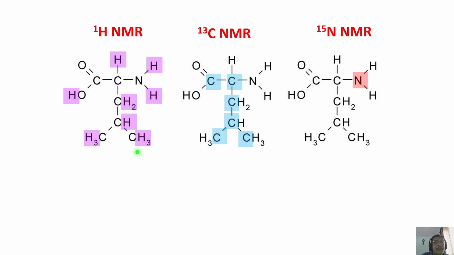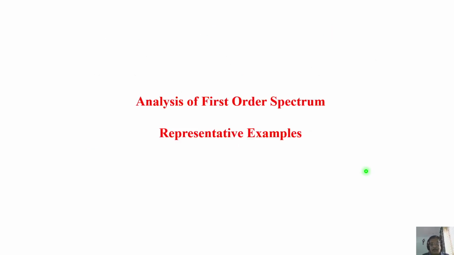So essentially, depending upon the molecule of your interest and the type of NMR active nuclei present, how many different NMR active nuclei are present, you can study that type of NMR spectrum, start the analysis by assignment of the peaks, getting the structural information. First you get spectral information like chemical shift, coupling constant, etc. And I will tell you as we go ahead later, you can use this information to get the structure, conformation, dynamics of these molecules. Now, as far as the analysis is concerned, I am going to take the first order spectrum with some representative examples.